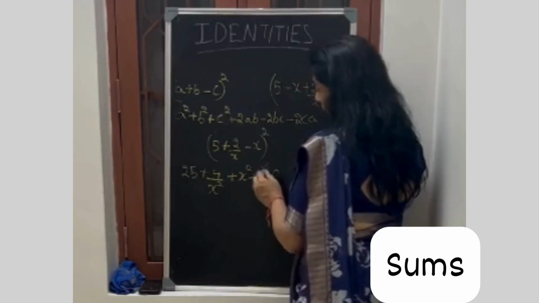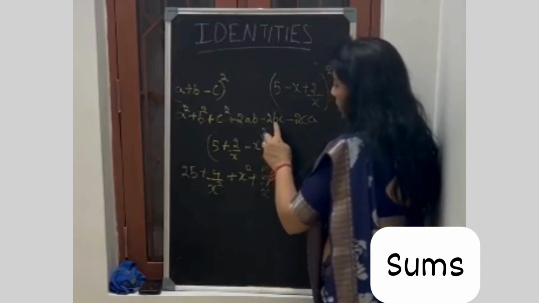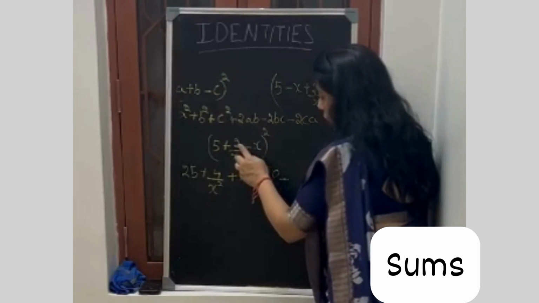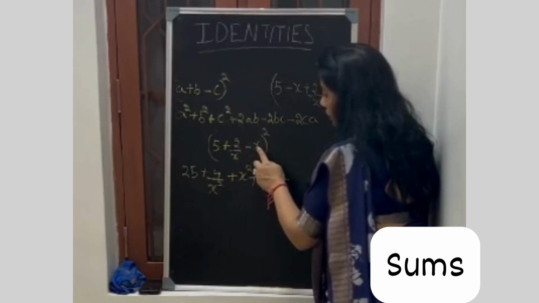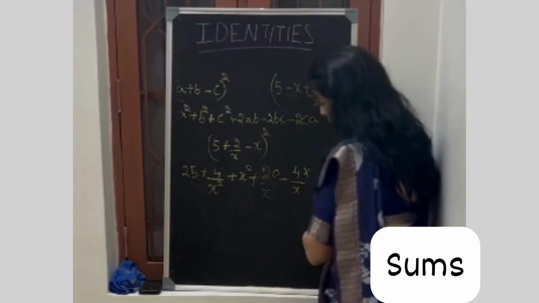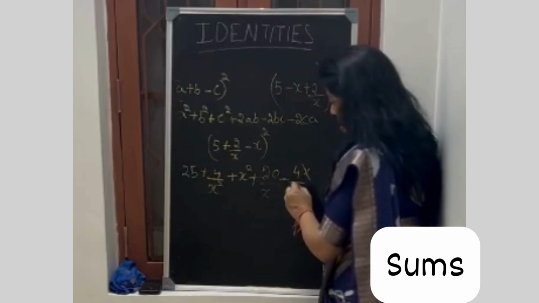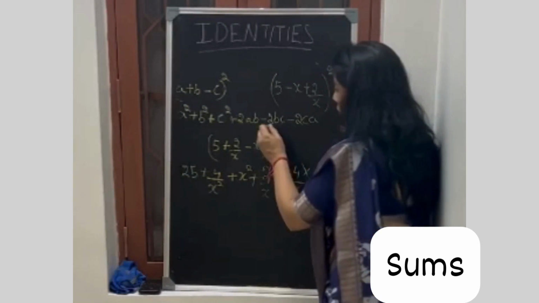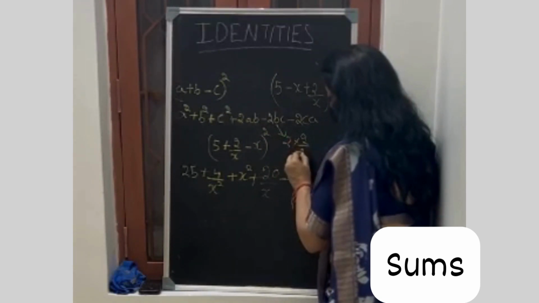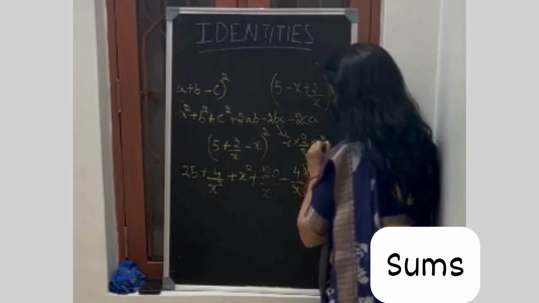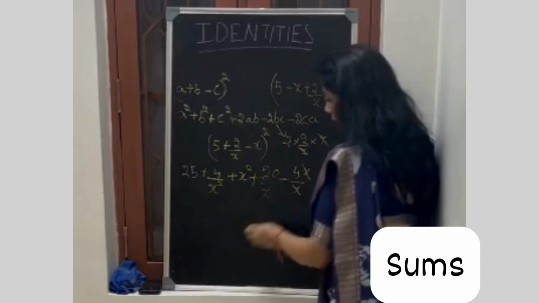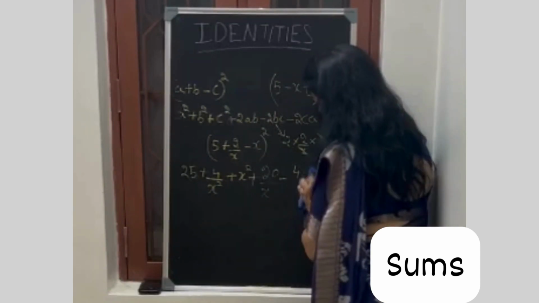20 by x. Then minus, b and c I have to take. So this is b and this is c. 2 into 2 by x into x, that is 4x by x. I can cancel x and x, so it's only 4. Okay, what did I do for 2bc? I did 2 into 2 by x into x. c is x, right? I cancelled x and x, so only 4 is left. Okay, this is what I've done. So only 4 is left.